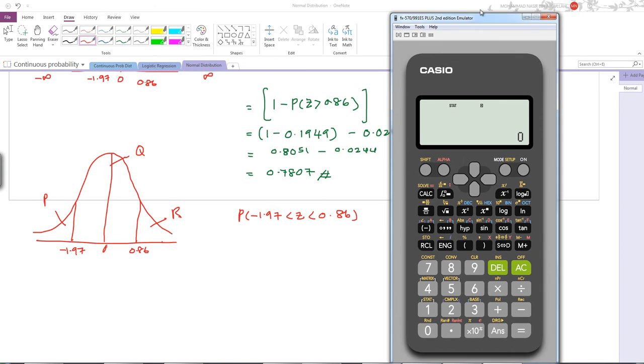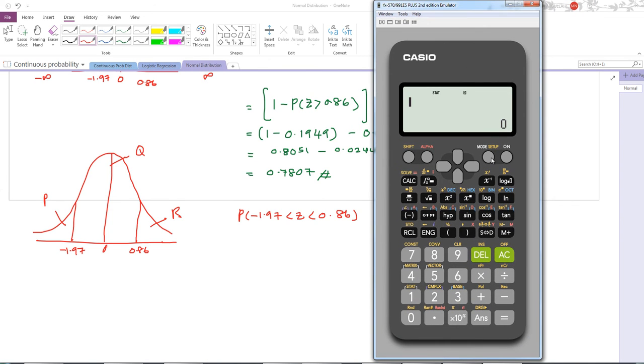First step is you need to click on mode and click on statistics, number 3, right? Statistics, and it will come out like this, right? And then click AC. You need to make sure at the top it says STAT, right? So next we need to click on shift 1 and find distribution, number 5. So they will show you P, Q, R, right? Since we want to find the area on Q,